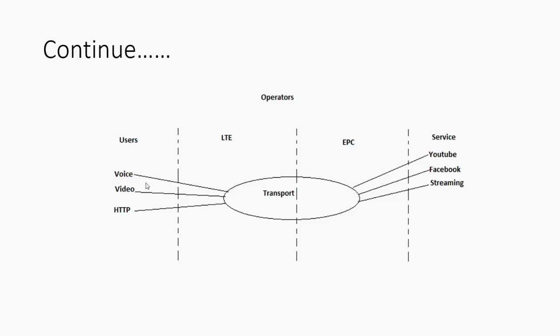And then the transport network, we need to design this very well. So at the back end we need a mechanism so that we can identify each packet, what type of packet it is. Then we can apply certain quality of service parameters on it in order to ensure that the service meets the expectation of the end user.